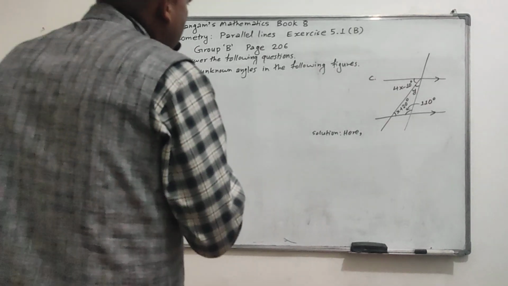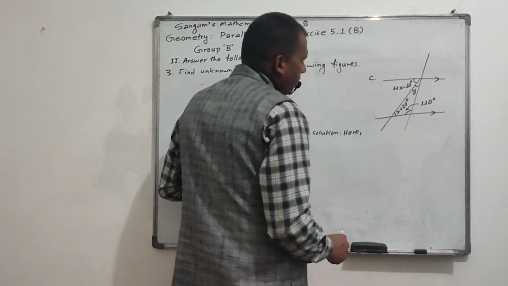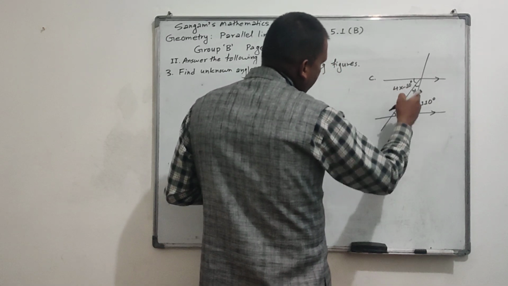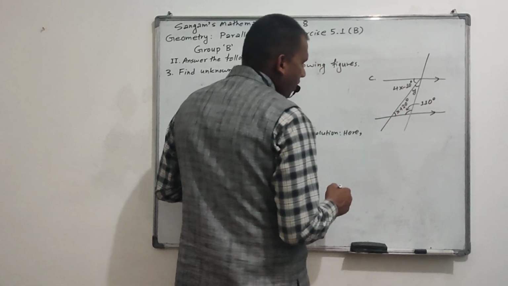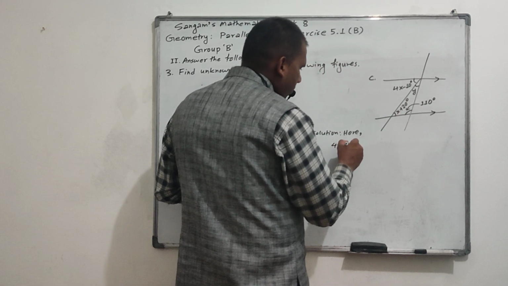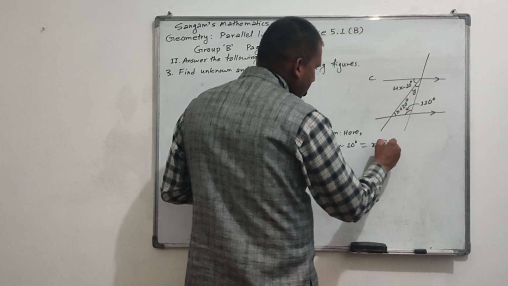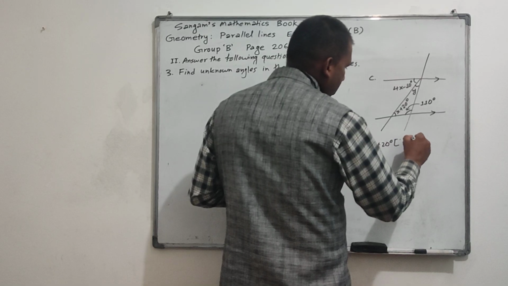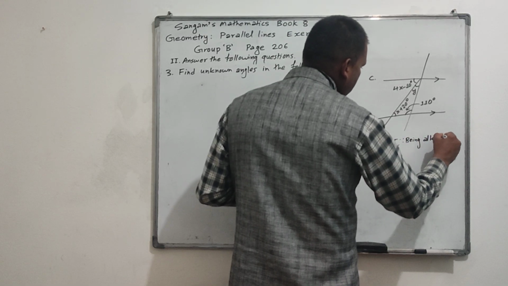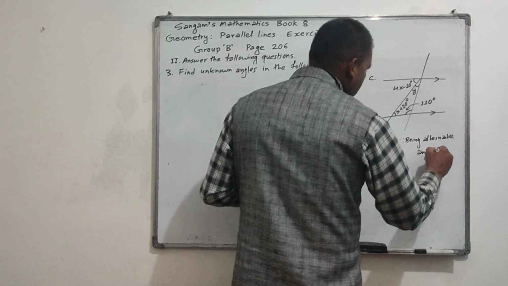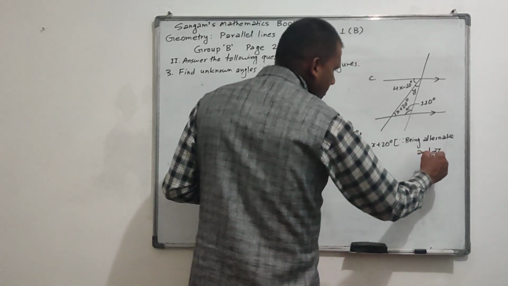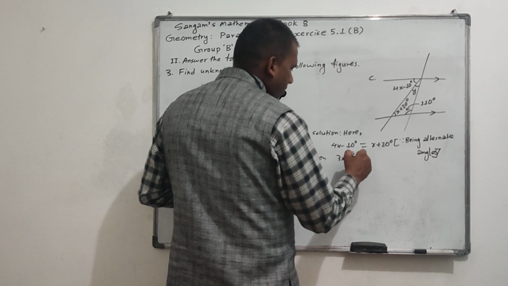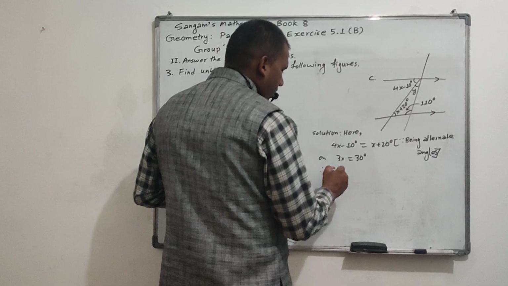Now, next question. In this figure, we have to find the value of x and y. Here, x minus 10 and x plus 20 are alternate angles, so we can write x minus 10 degrees equal to x plus 20 degrees, because being alternate angles. Or for x minus x, 3x equals 20 plus 10, 30 degrees, therefore x equals 30 divided by 3,